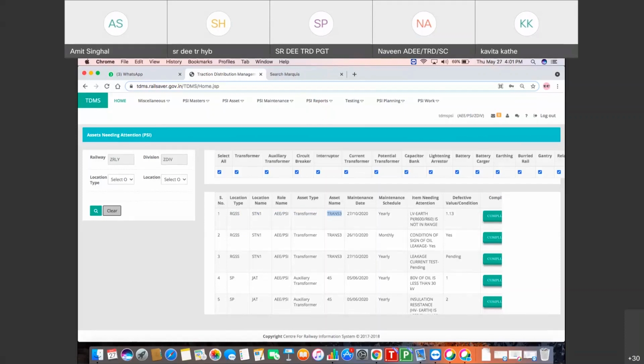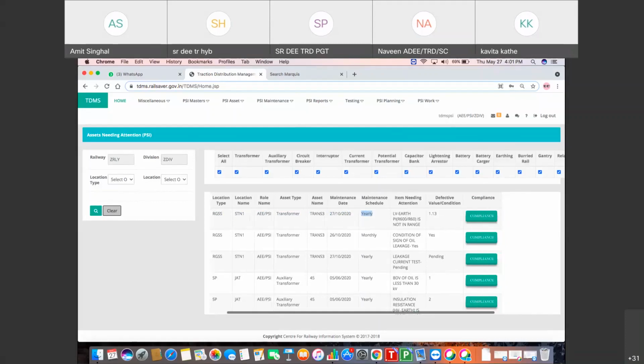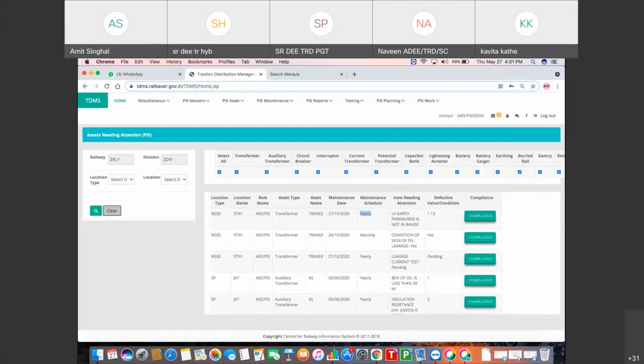The maintenance date was 27 October 2020 and maintenance schedule was yearly, and exception was generated for LV Earth PI field as the value of this field is not in range and the value entered was 1.13.